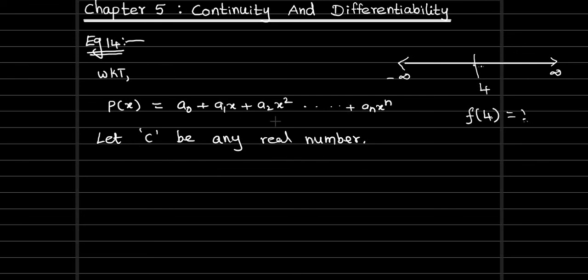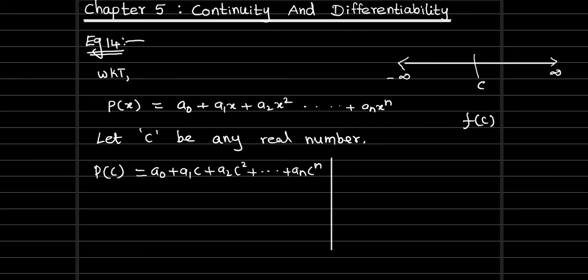So here we took a general form, so it's applicable for all real numbers. We have named it as c. For c also, in the same way, we need to find out the value of f of c, and observe the close values of c, both on the left hand side as well as the right hand side, and check whether the result matches f of c or not. So first, we took the function as P, so P of c equal to a naught plus a1c plus a2c square up to an c power n.